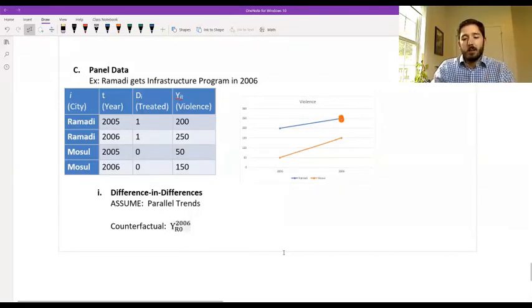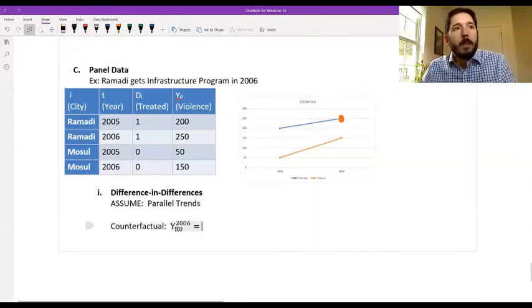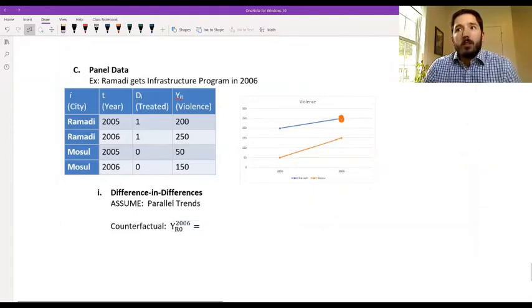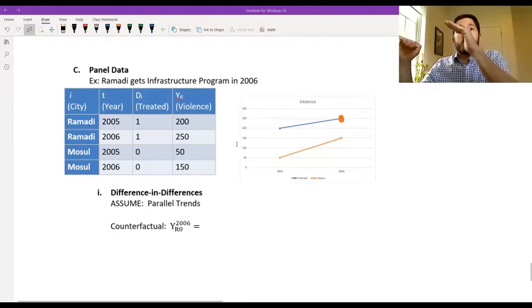I'm getting a little freewheeling with some of the notation here, but I think it's probably easier to do it this way. So if we've got parallel trends, if we're assuming that Ramadi and Mosul would have trended similarly